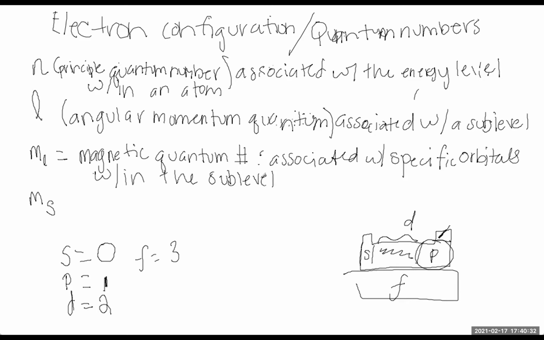And then our M sub of S is our electron spin. Now, our electron spin isn't affected by our other quantum numbers. That thing is on its own. So your electron spin will either be a positive 1/2 or a negative 1/2, depending on how your electron is arranged when you write down or when you arrange your electrons. So if we go on to an example,